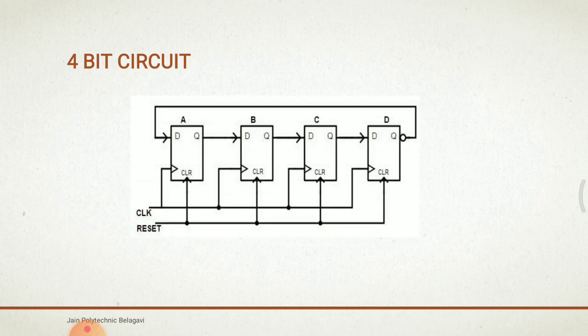If suppose you are sending the data 1, okay, we are designed using the D flip-flops. This is a mod 4 ring counter which has 4 D flip-flops connected in series. The clock signal is applied to the clock input of each flip-flop simultaneously, and reset is applied to the clear inputs of all the flip-flops. So here four D flip-flops will be there. So you can observe the operations.